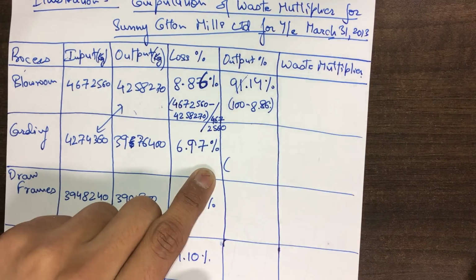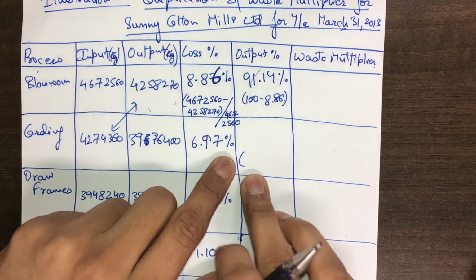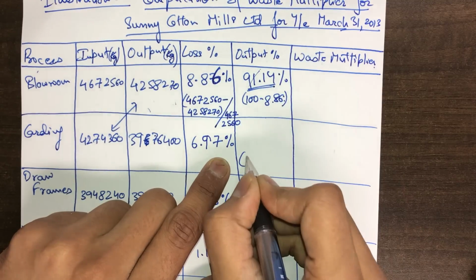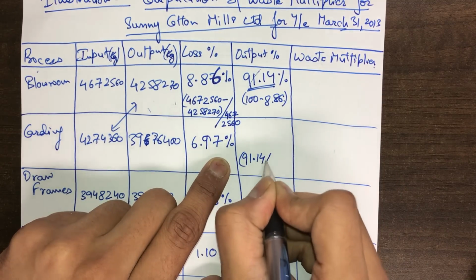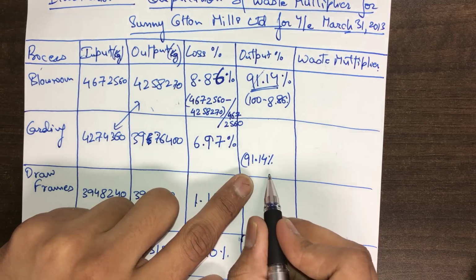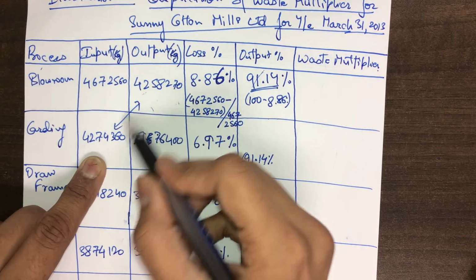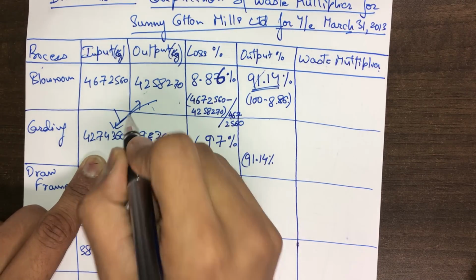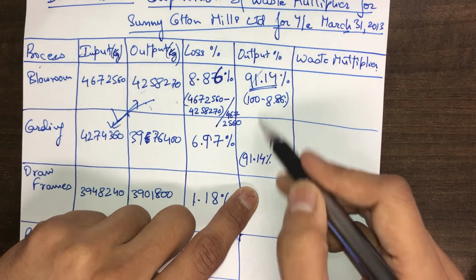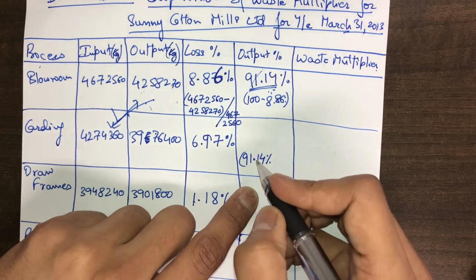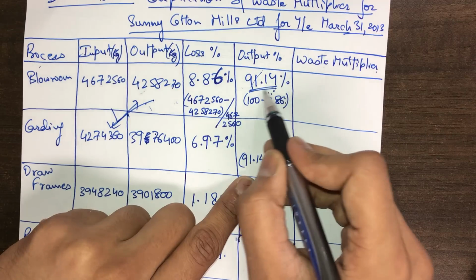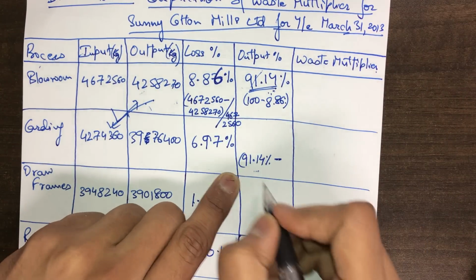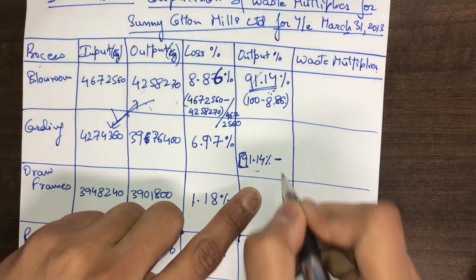Now be careful with the second output percentage. Now I want to use this output as my input in the second process. But sir, there is a disparity between the input and output of the first and second process. Of course there is a disparity, and to rectify this disparity, I want this computation to be in parity and not in despair. Hence, I will use the output of the first process as the input of the second process. And then, see this calculation carefully, I'm going to subtract